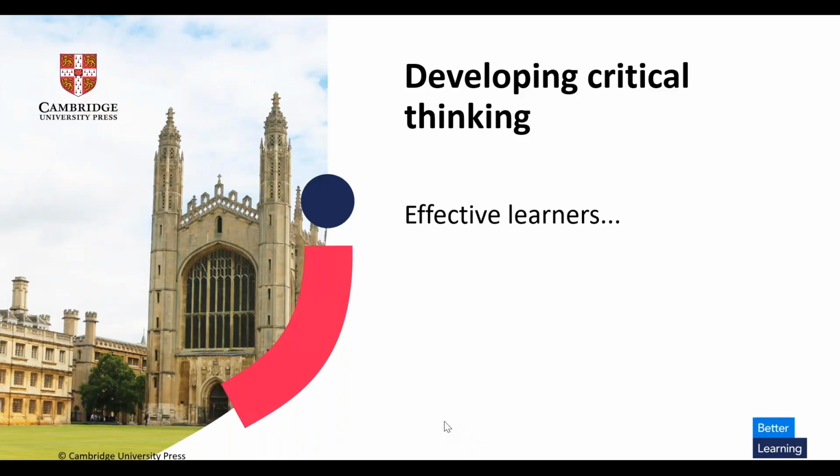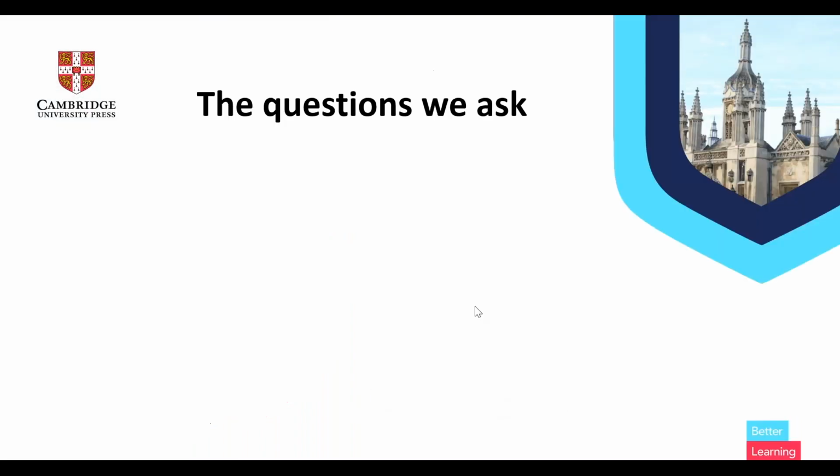So one way we can develop these critical thinking skills is ensuring that our learners are always thinking. So exploiting every single opportunity in the classroom for our learners to be thinking and to be able to think for themselves. And one practical way we can deal with this is by thinking about the questions that we ask our learners in the classroom. So, for example, just the types of questions that we ask can really influence the range, length, interest, and the quality of language